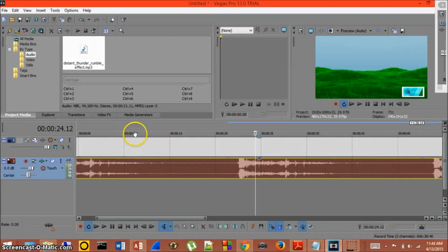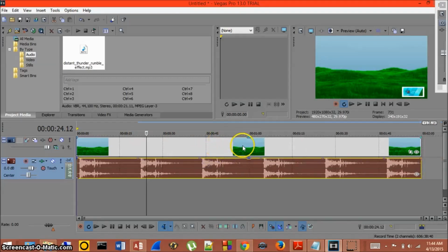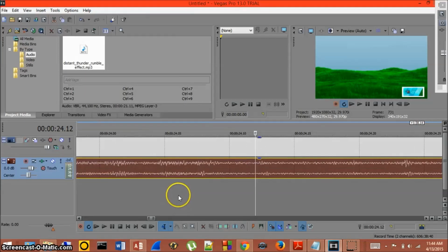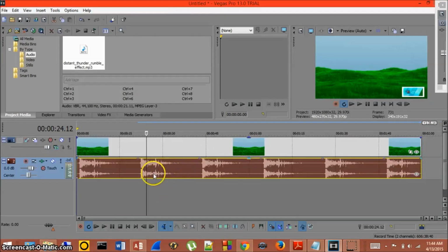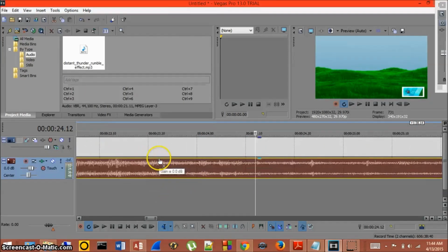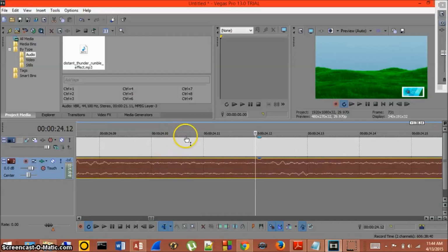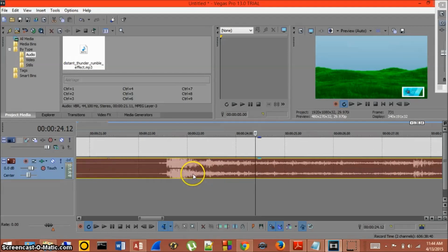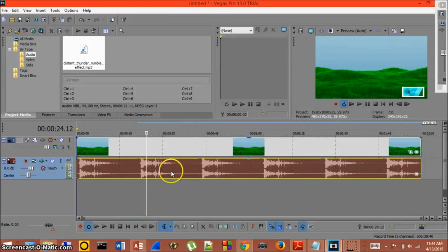So I can see 5-second increments right here, and I can see 15-second increments right here. You can adjust that to your liking to see more in depth if you're looking to edit something that's a few seconds or just milliseconds. You can really change that up by zooming in and out with the scroll button on the